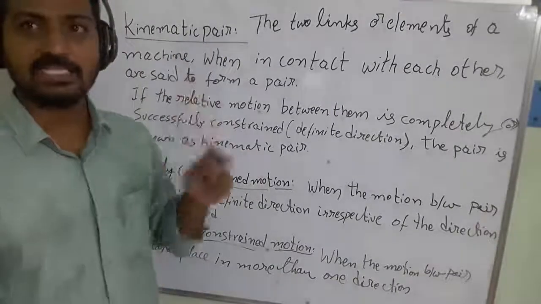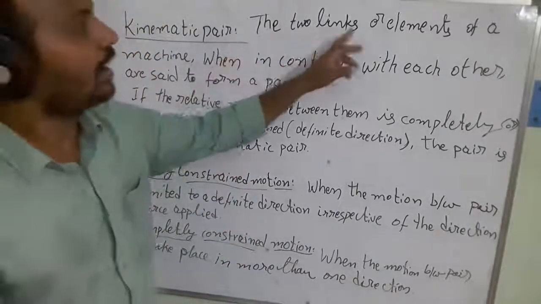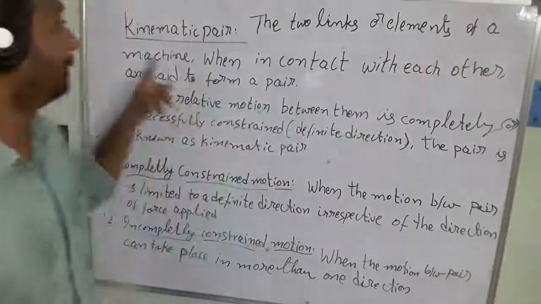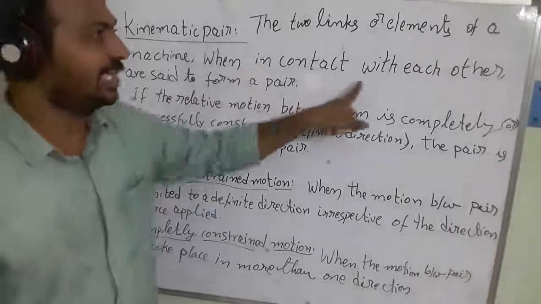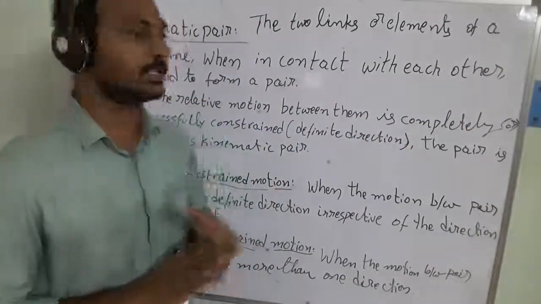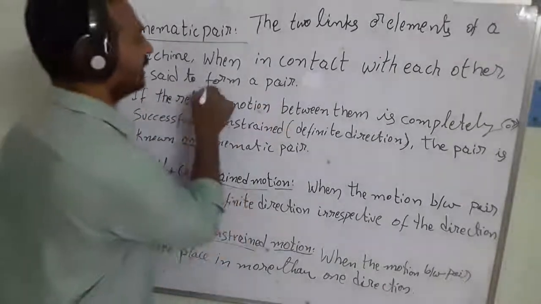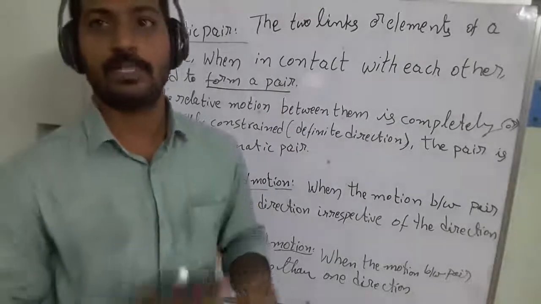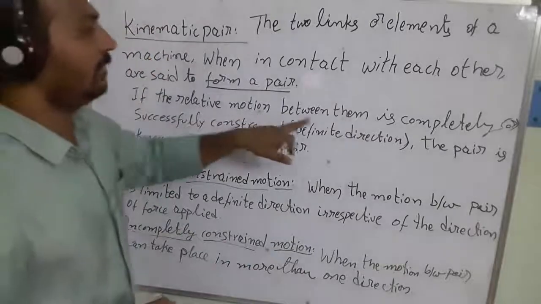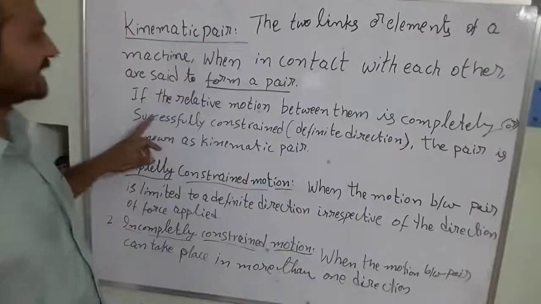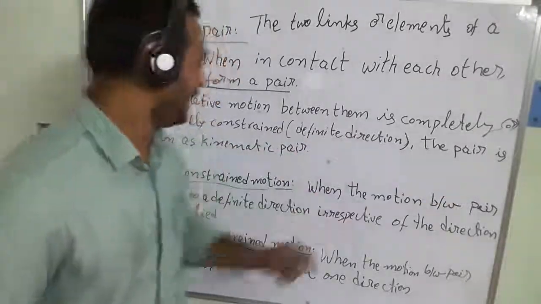As we know, a pair is nothing but a minimum of two links. In this case, the two links are the elements of a machine, related to the machine. When they are in contact with each other, they are said to form a pair. The pair will be formed only when there is contact, and when the relative motion between them is completely or successfully constrained, meaning in a definite direction, the pair is known